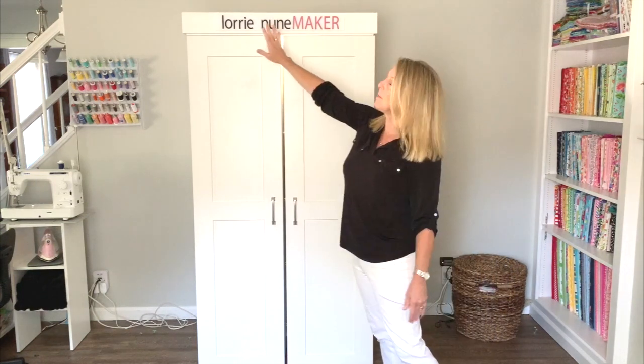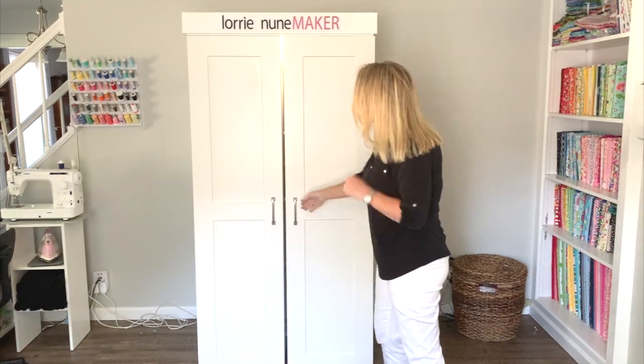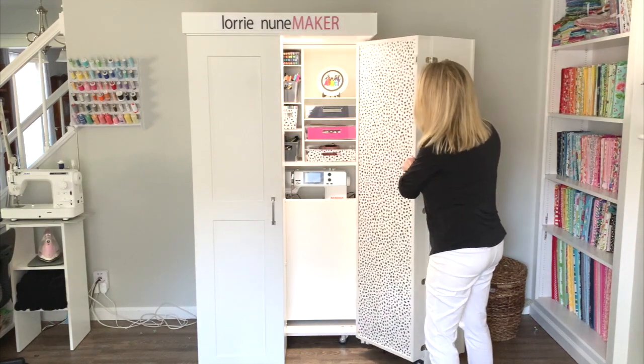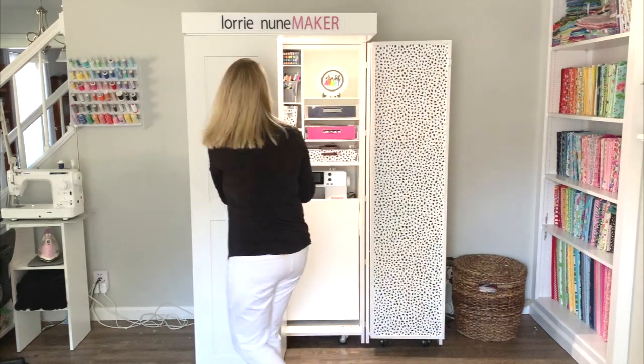Now you can see I added my name on the top. That was just a little personalization that I did. It doesn't come that way. But again, this is just too fantastic for what I needed it for. And my intention is to keep the setup